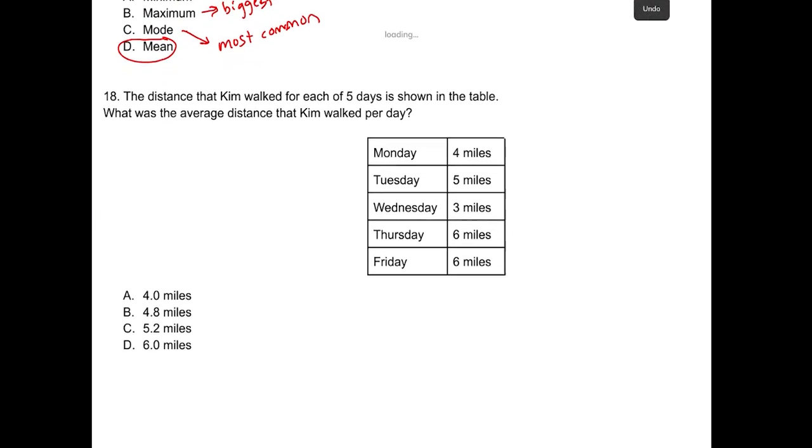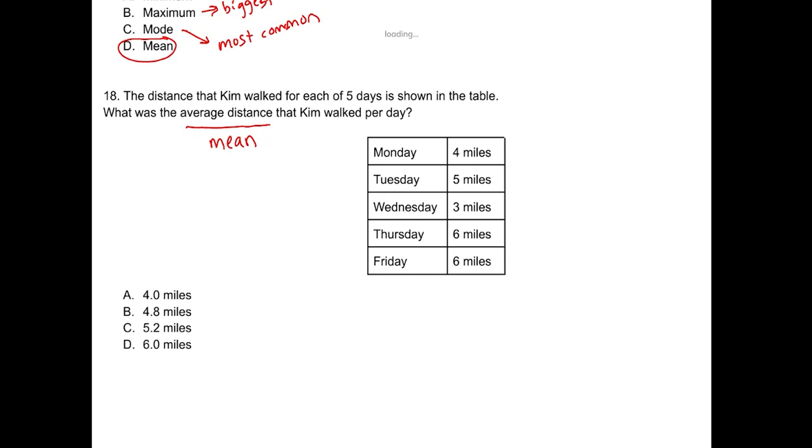Number 18 says the distance that Kim walked for each of 5 days is shown in the table. What is the average distance that Kim walked per day? The average, another word for that is mean. So if you see the word mean, it means average. And the way you calculate average is by adding up all your data and dividing by how many data points